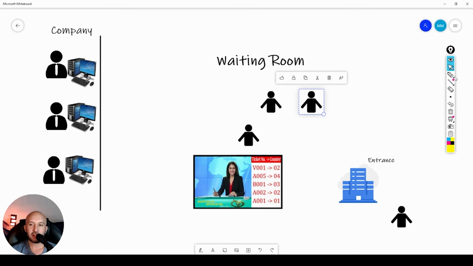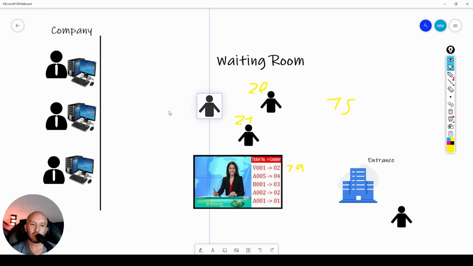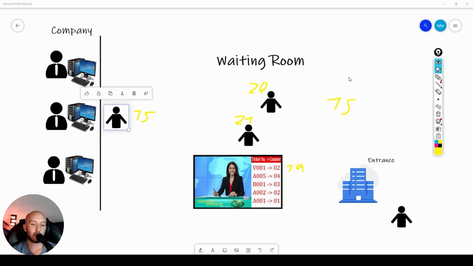Imagine what happens if you do that and then for some reason the queue is super fast and you lose your turn, right? You had the number 15, for example, and then the people in the waiting room have the number 20 and 21. When you come back, you will probably see this in the panel. You will see that they are actually at number 19 in one of the boxes, and then you will wait and try to go to one of the boxes and say, hey, I'm sorry, I left to do something else and I have the number 15. Can you actually take my request? And the employee will say yes, because they want to take care of their customers. So how do we accommodate for this in the current implementation?